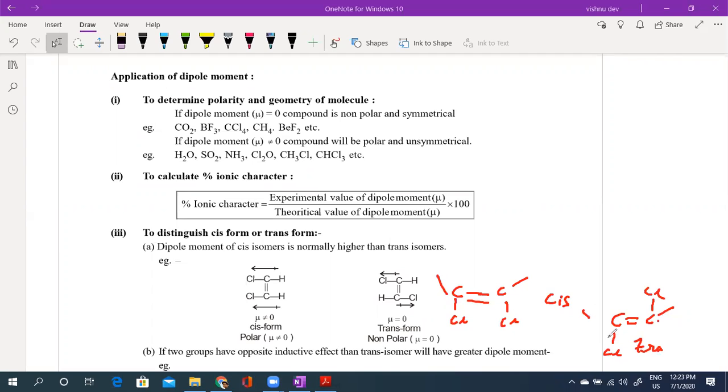Now tell me, cis का dipole moment ज्यादा कि trans का dipole moment ज्यादा है इस केस में? क्या लगता है, बताओ. Cis का, right, है ना, because cis में दोनों additive हैं, दोनों का same direction है, बट trans में subtractive है and it is symmetrical. So इसका dipole moment 0 और cis का non-zero, right? Got it? Okay,